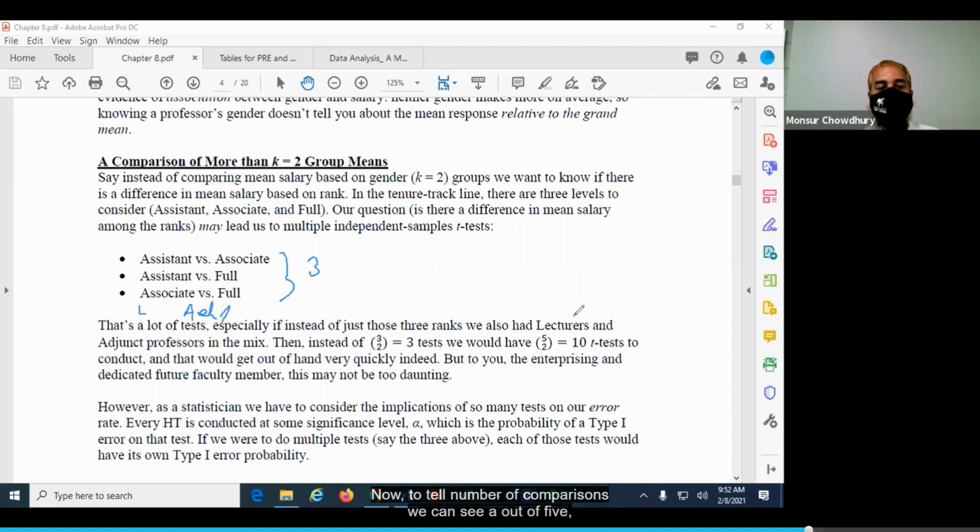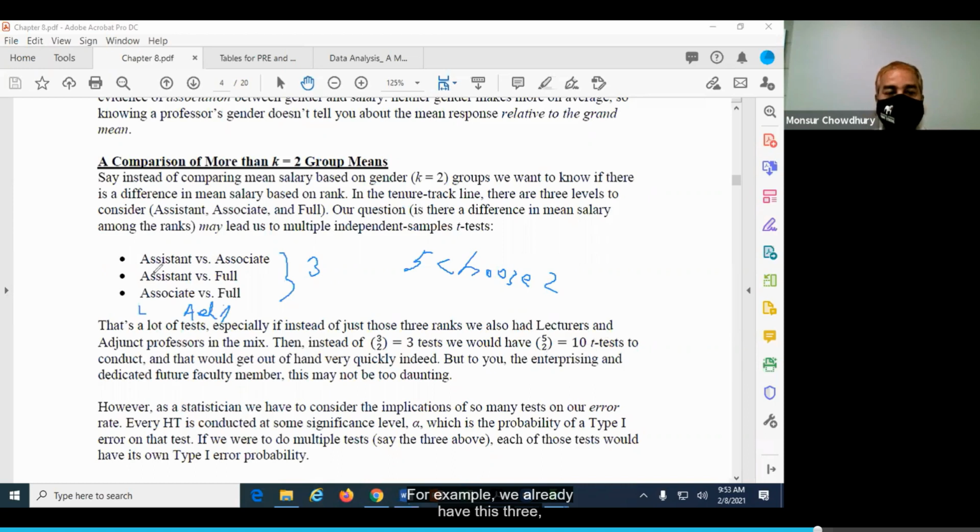Now the total number of comparisons: out of 5 we are making comparison for each pair. So 5 choose 2, these symbols we say 5 choose 2, that means the total we can get 10 tests.